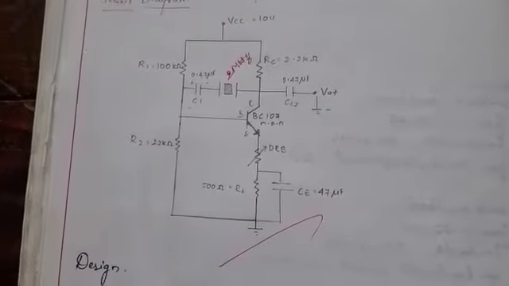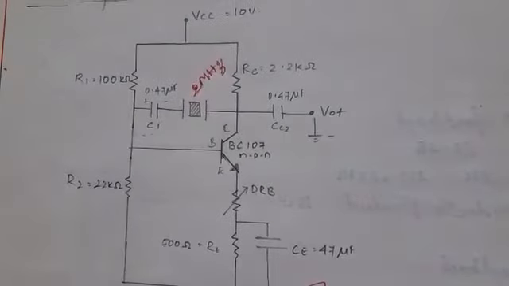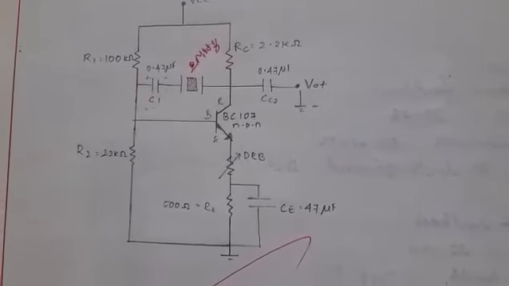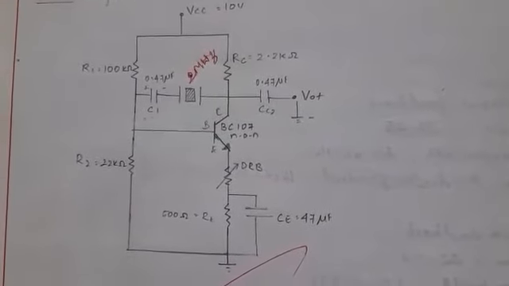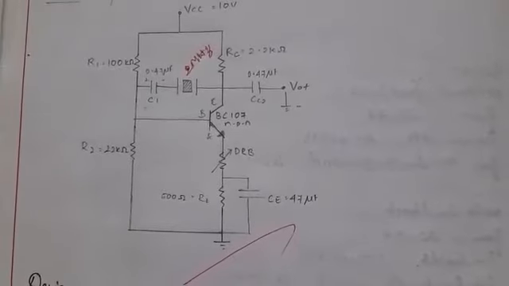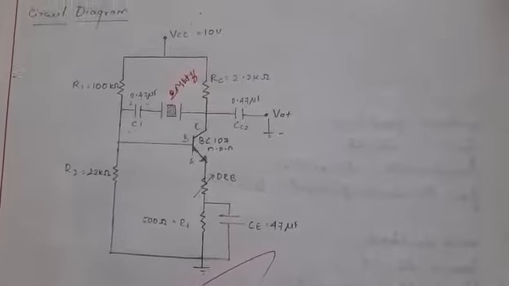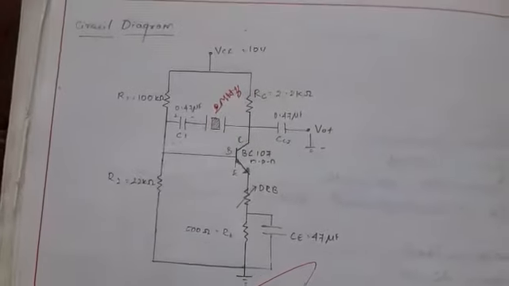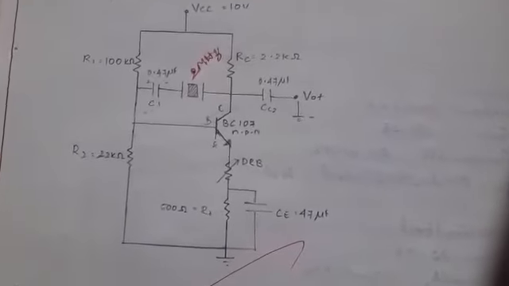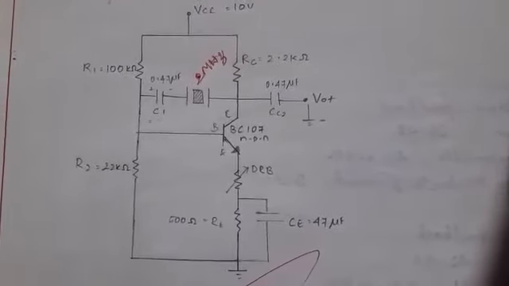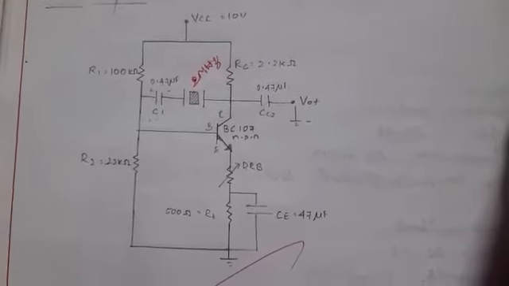This crystal oscillator works on the piezoelectric principle. Piezoelectric means that it works under the influence of mechanical pressure and force. When you apply force between the plates, it generates an AC voltage. The oscillator converts a DC source to AC. It has positive feedback; the oscillator has only positive feedback.